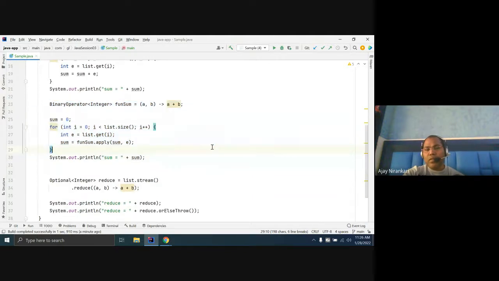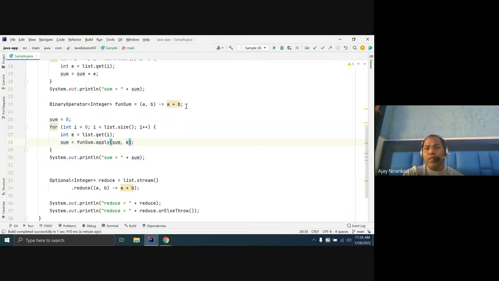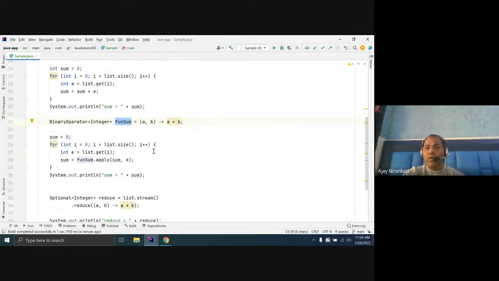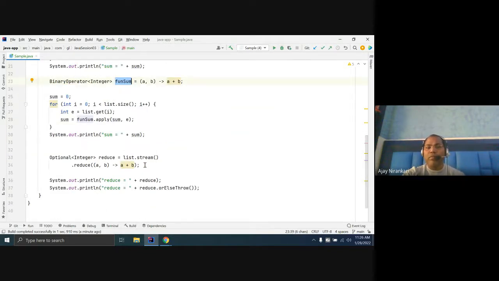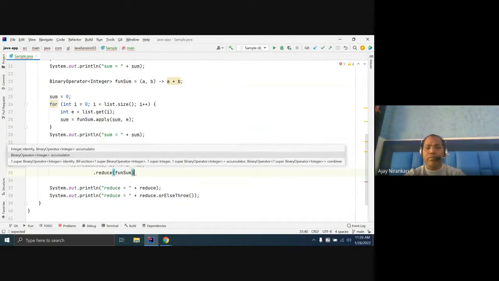But if you think about it, we can write more generic code. If you observe, this code is so generic it can be written anywhere. Only this part is highly dependent on the operation. So instead of writing our own operation manually inside the code, why not put this function in one variable? This variable can be passed at runtime. You can pass this variable directly here, the same code, whatever your lambda expression, or even pass the same function to reduce. It will work.